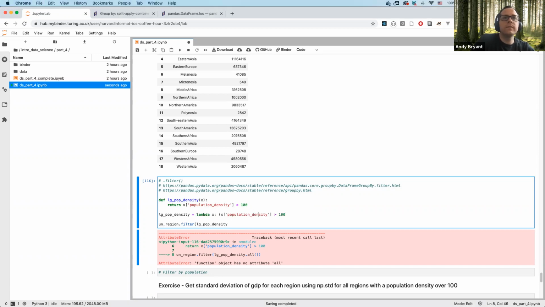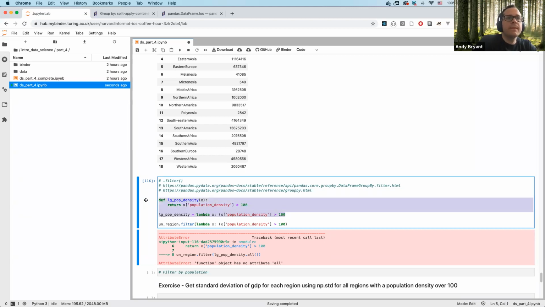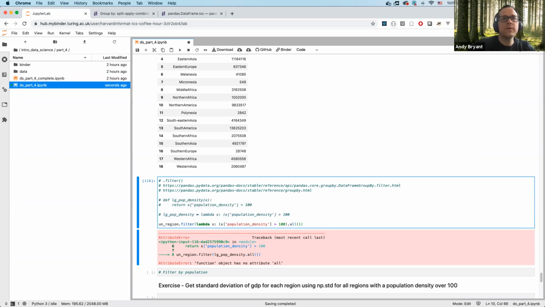We're running kind of short on time, so I don't want to go too deep into this, but the idea here is that we're going to pass this lambda function into our filter. And then of all of those values that are returned,